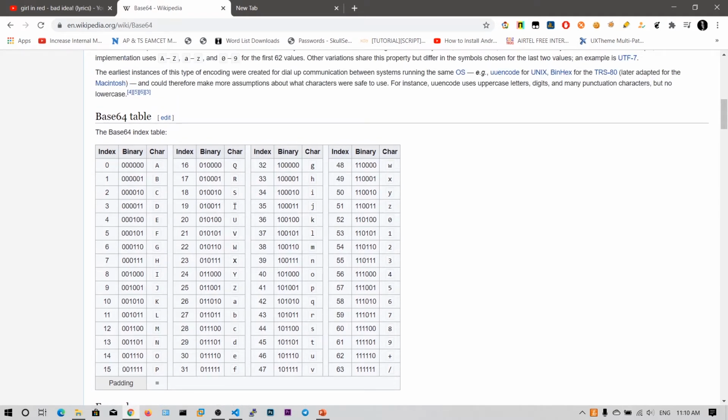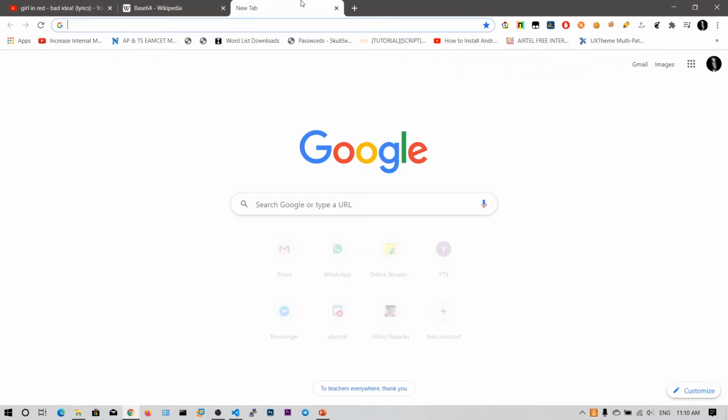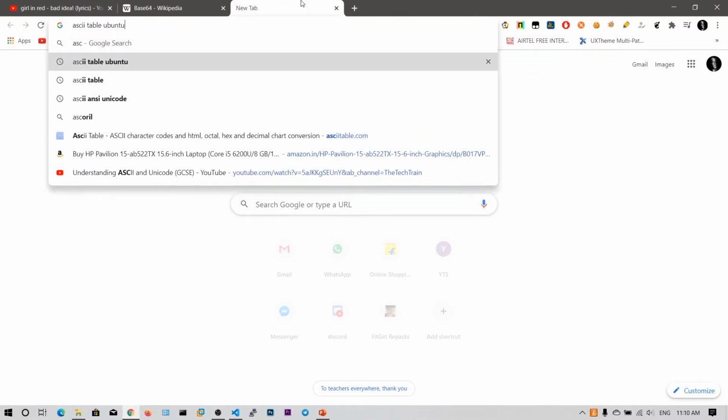What base64 does is, if you have any paragraph or a sequence of alphabets to encode, it will take 3 characters at a time and convert them into ASCII binary format. Let me open this ASCII table also.